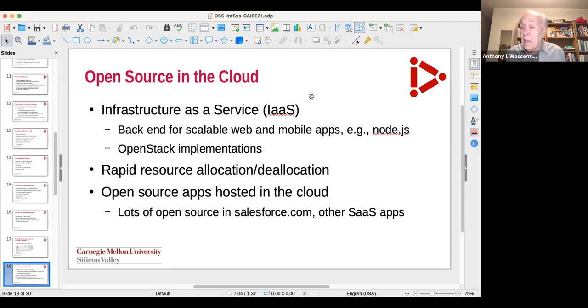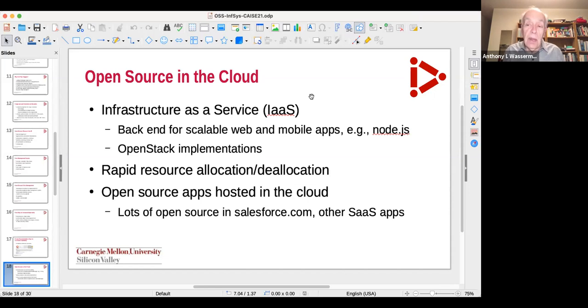Because what we have is infrastructure as a service. And when we take our code and we put it up on those servers, there are implementations like OpenStack, and there are tools like Node.js, JavaScript on the server side, that we can freely use. And so we host all those open source